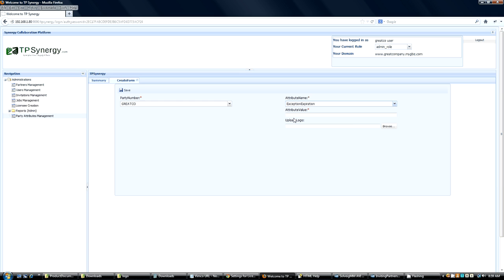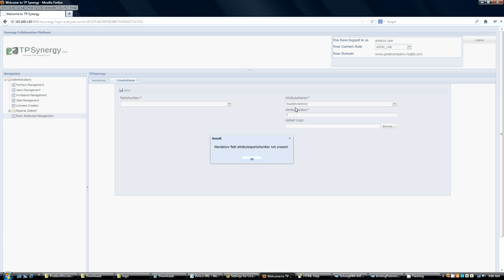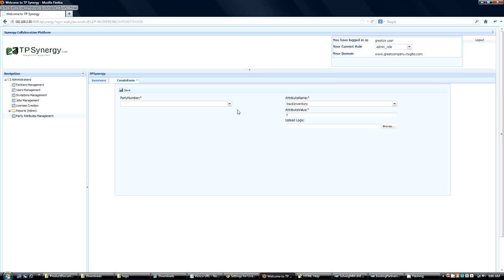And there are other attributes, probably the exception expiration, which means that whatever alerts are created, after how many days they get expired. Let's say it is 3 days. And also if you want the system to track the inventory, you may say that you want to track the inventory. We'll see about this feature in some other lesson. So once you have this information and you have created it, the first step has been done, which is you have invited the partners and also you have set up the party attributes. So in the next lessons we'll be seeing how they accept the invitation and